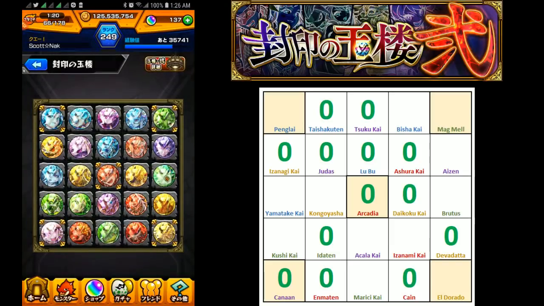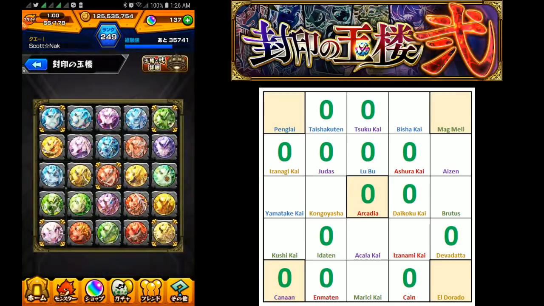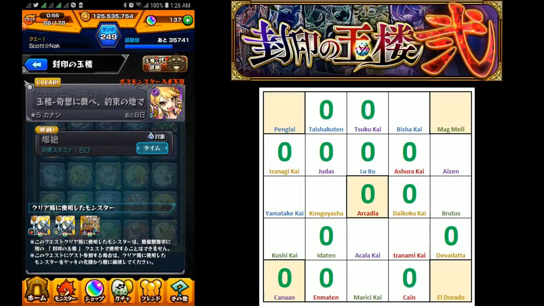Ashura Kai is next on my list. We've got Yuna, Lucy, Lubu. Again, drop monster, always good to see that. And Nostradamus as a friend slot here. I mean, it is a little bit scary, honestly, with like the windmill blowing you in, but hey, did not die there once. Canaan, bottom left, of course, Kamui, Kamui and